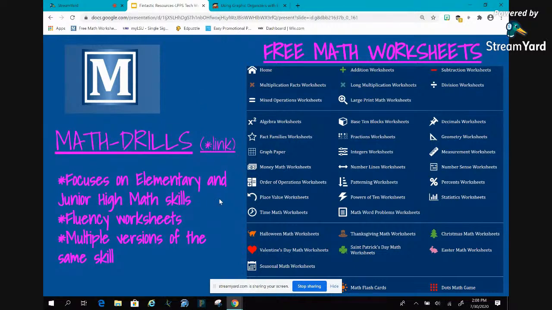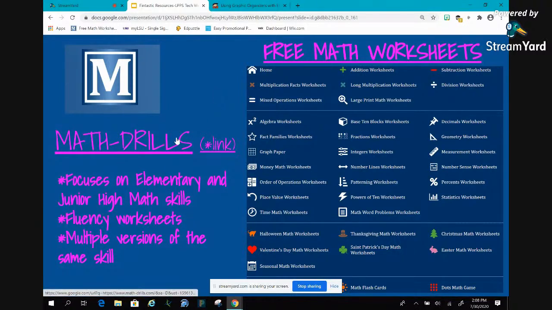They have lots of different fluency worksheets, but they also have, as you can see down here in the middle, some different specific content worksheets if there's a student that's working on something specific. And what I really liked about it was that it has multiple versions of the same skill. So when I did pull these for fluency, and the student needed to take a quiz more than once, they weren't going to see the same quiz twice because I would get a different version off of here.